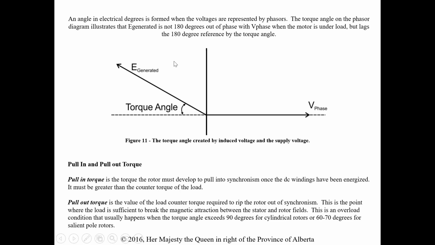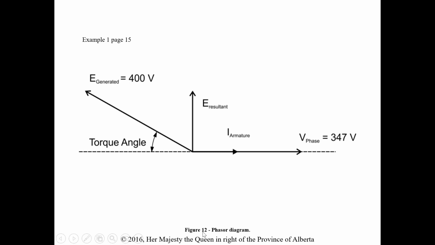For a salient pole, it's going to be at 67 degrees from this reference, from 180. So if it's 60 degrees, it's going to be sitting at about 120 here, and that would be enough to pull it out potentially as well. So here's an example from page 15 in your module. I went over it in class earlier, but just to talk about it, say we've got a 600 volt